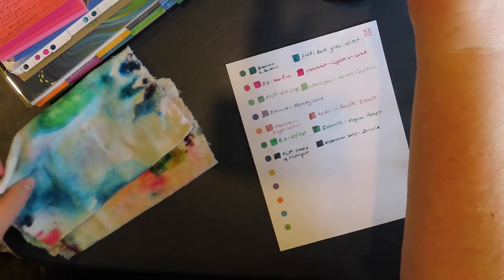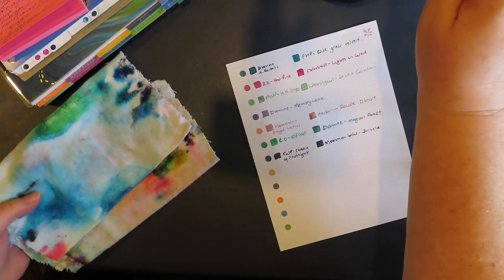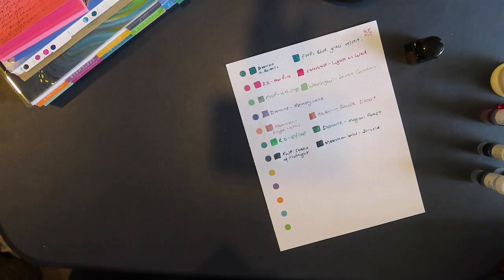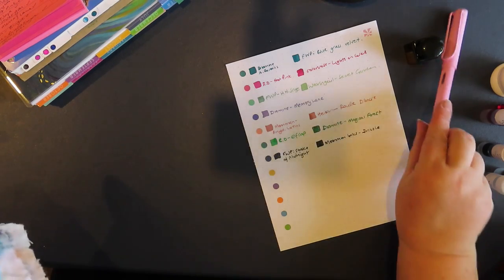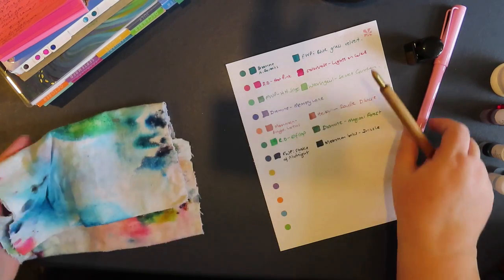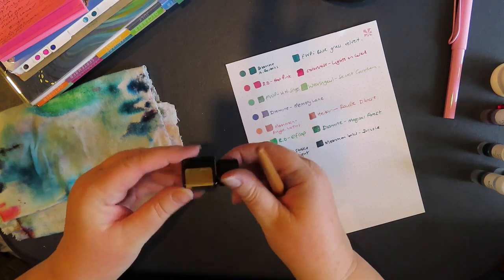Alright, September. Now, where is, because I've already got, it's not September, it's August. I've already got September's done. Okay, so we have got